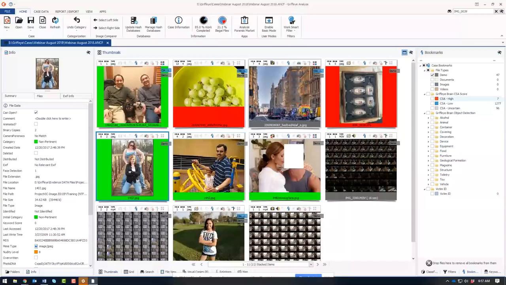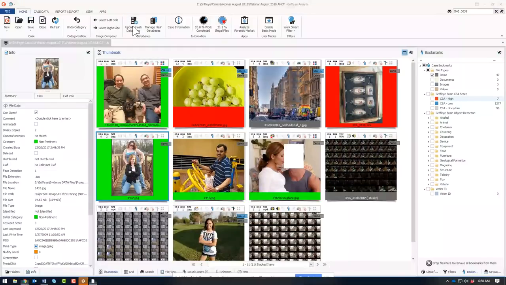To synchronize its local database with the shared database. Yes, it checks to see if they're out of sync, and if they're not, it syncs them up. So sometimes you'll bring a case in and it'll say that the databases are out of sync. Do you want to sync them? And then you would do that, it will actually do it automatically.